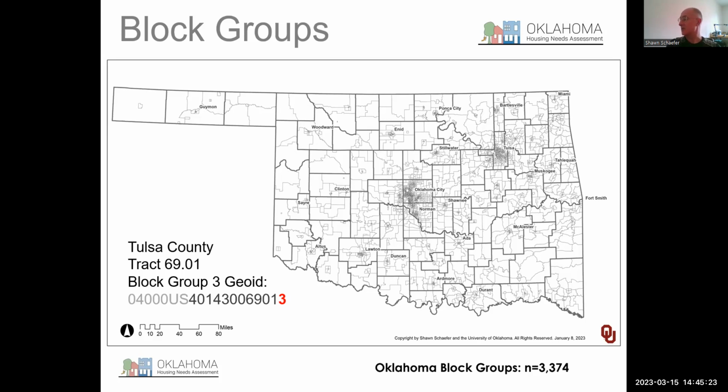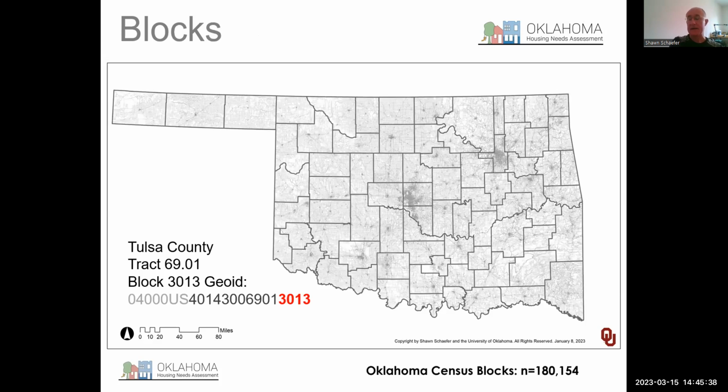And here's a map of the block groups. We got 3,374 in Oklahoma. It's almost 3 times the number of tracts. And again, you can see we're getting finer and finer divisions. And then the last one, we'll jump down here to census blocks. These are the smallest areas. Usually, at least in the urban areas, they will correspond directly to 1 block, what's surrounded by 4 streets. And you can see we have a great many of those here in the state, 180,000 plus